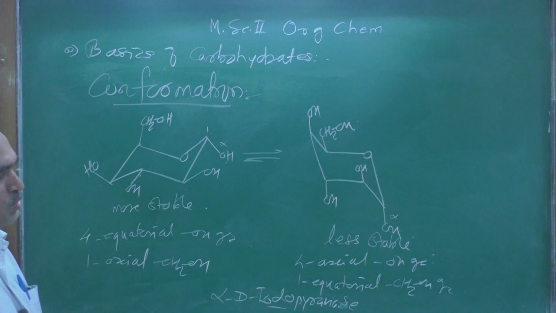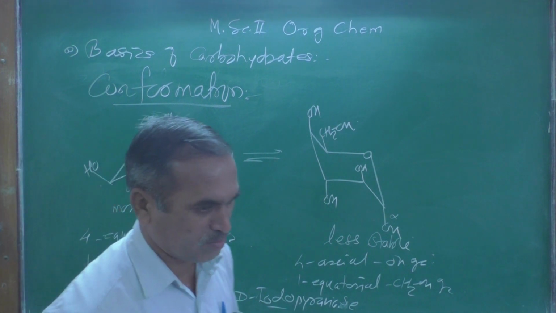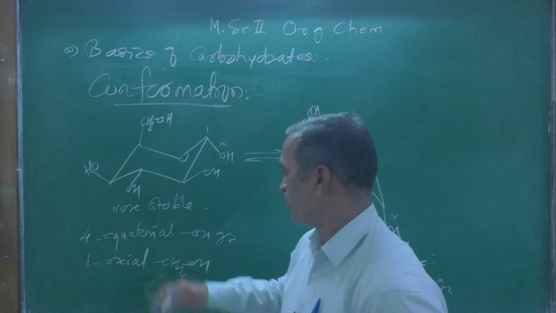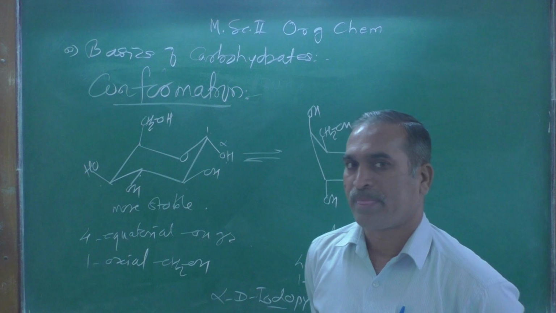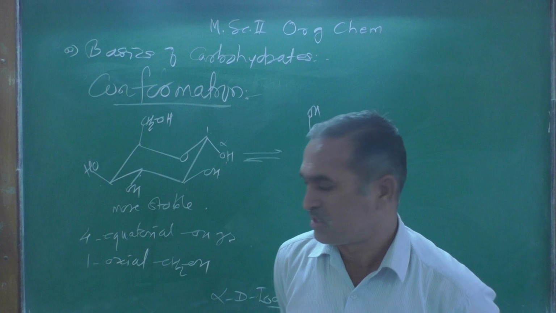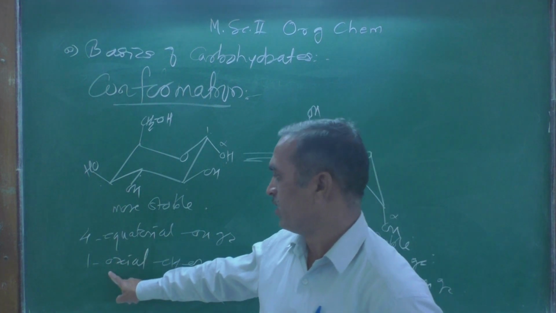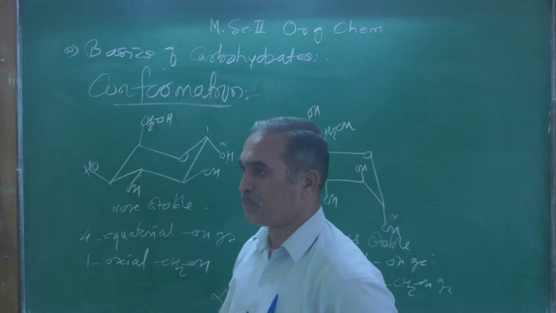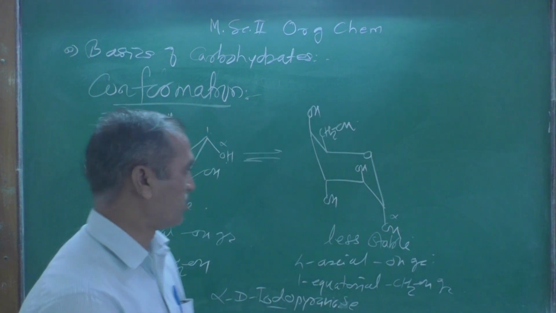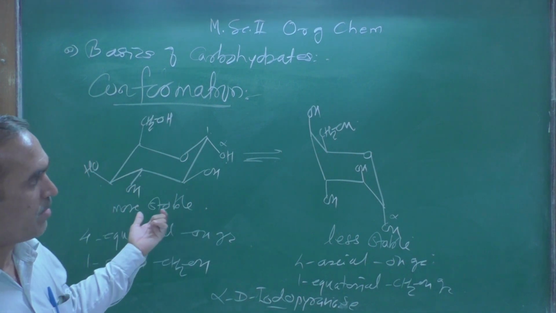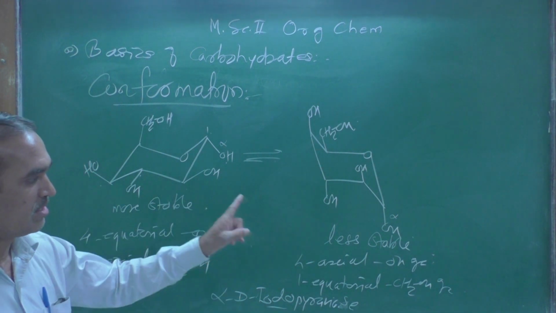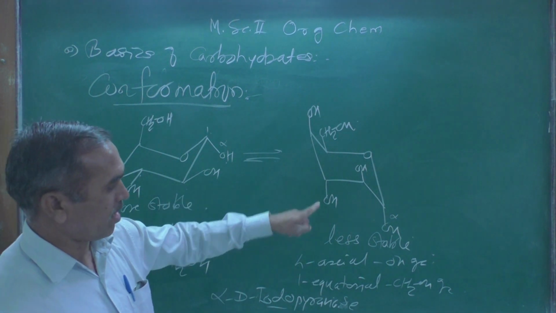If you compare these two conformations, which one is the most stable and why, you will get the reason over here. Here 4 equatorial hydroxyl groups are present. They create a lot of steric interaction, 1,3 diaxial interaction is present. In this case, only one axial CH2OH group is present, and therefore this will be the more stable conformation of alpha D idopyranose, whereas this one is less stable because there are 4